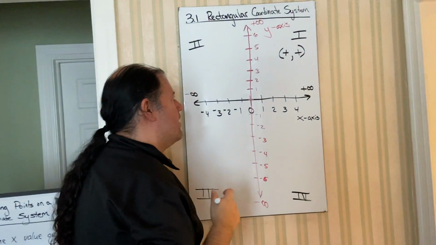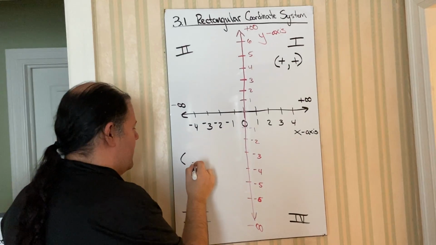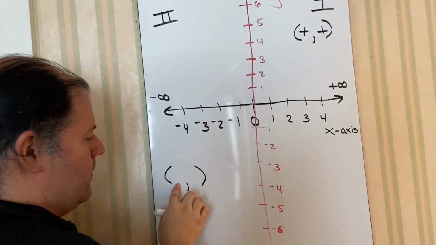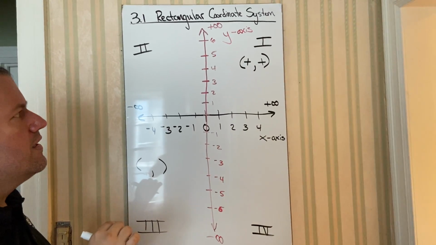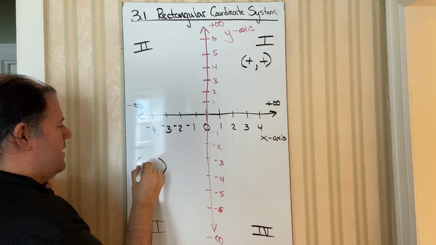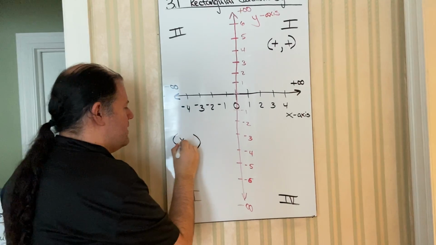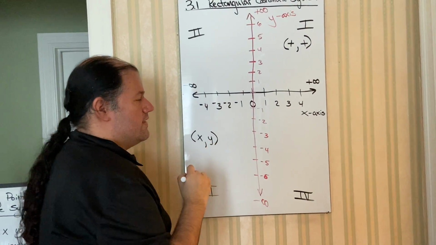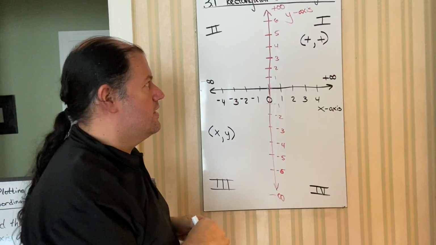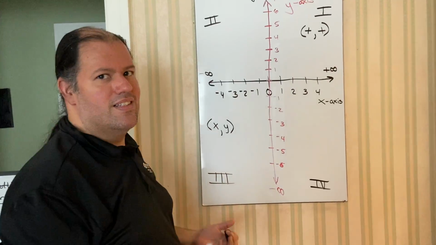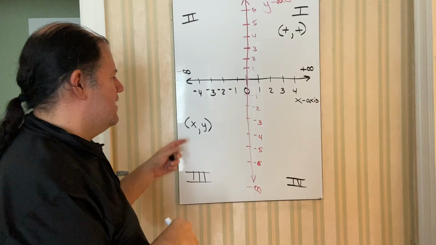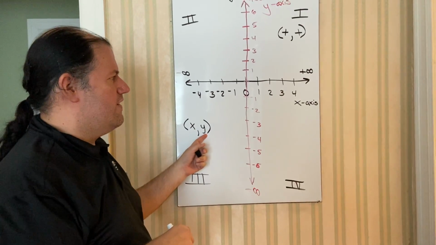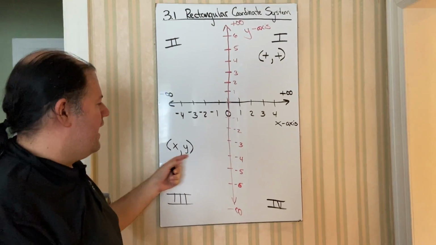So when you have a rectangular coordinate system, a coordinate or a point or ordered pair will have an x and a y value. Okay? When you have this,